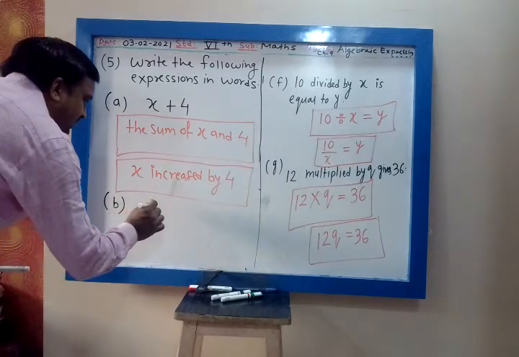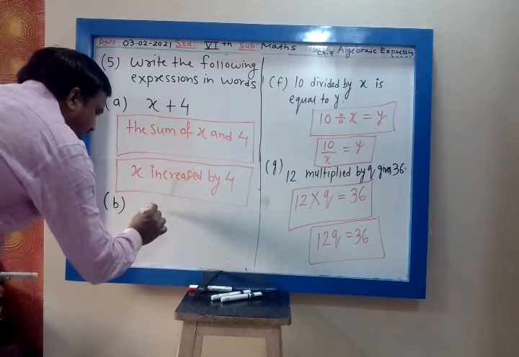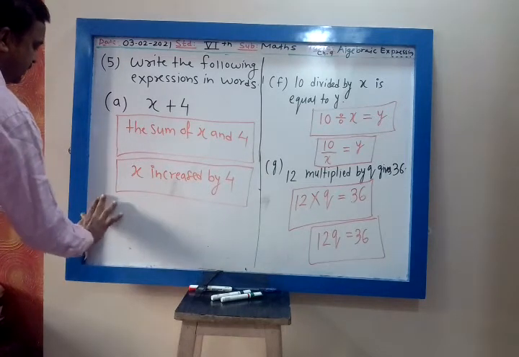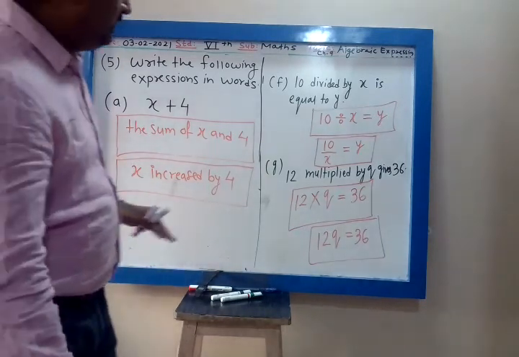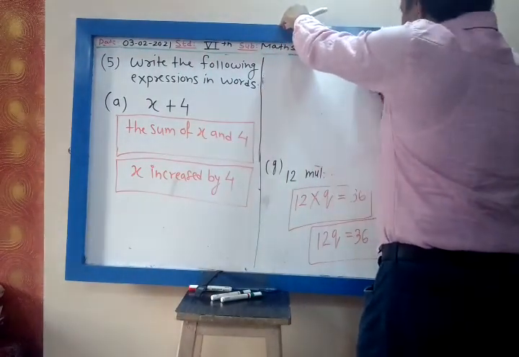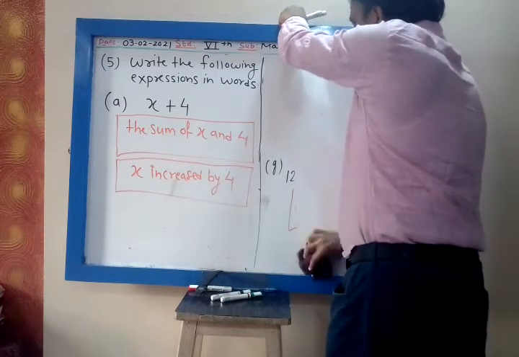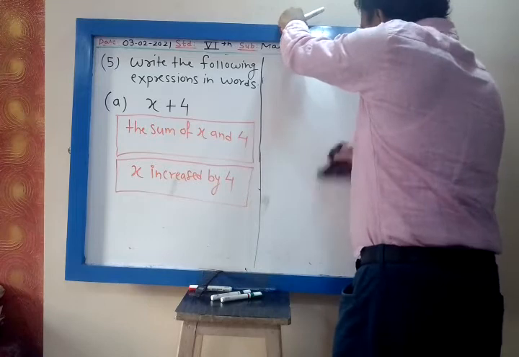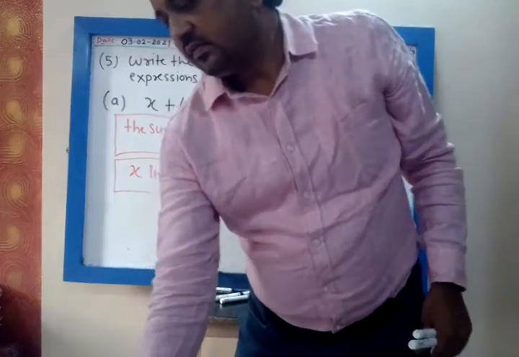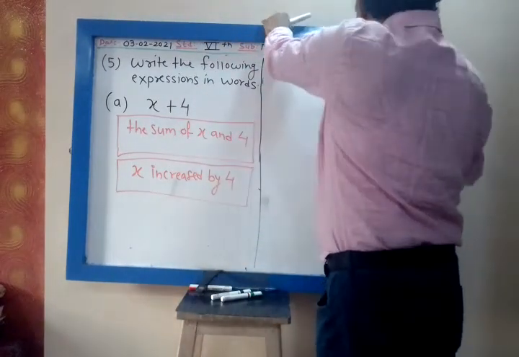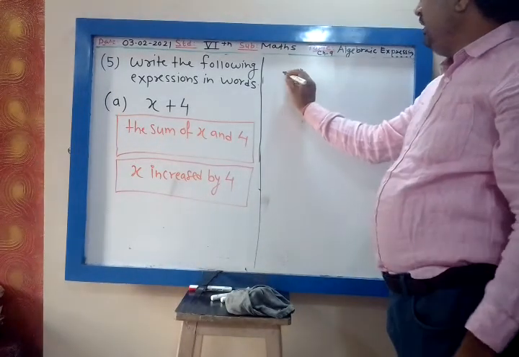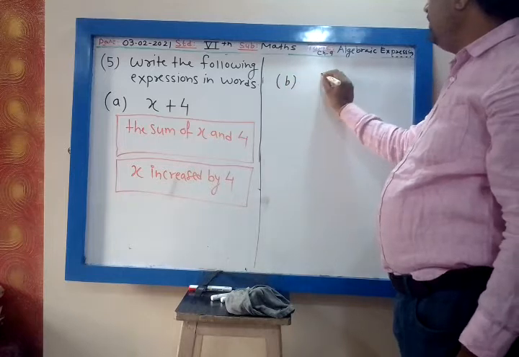It is y minus 1. Let me write on that side. B. It is y minus 1. Yes, completed this part. Okay. Y minus 1. Yes. So this you write B, y minus 1.